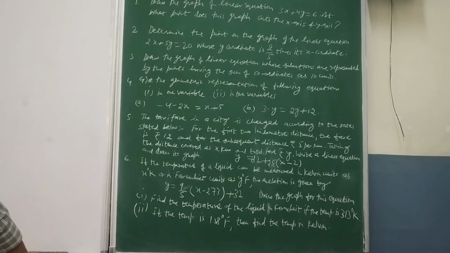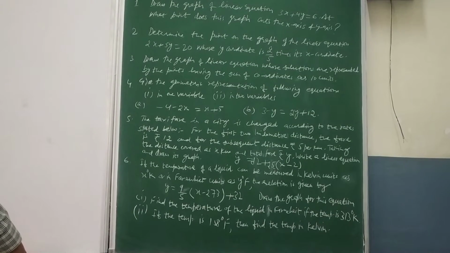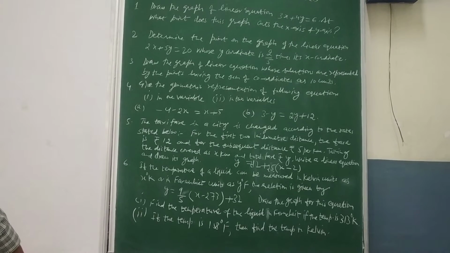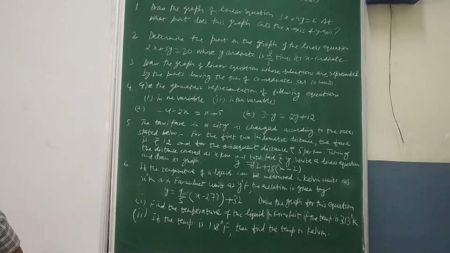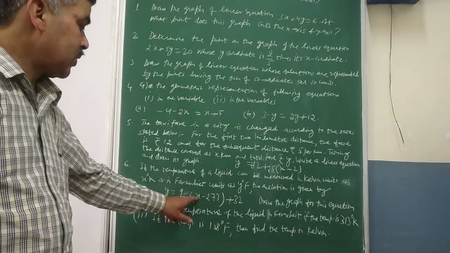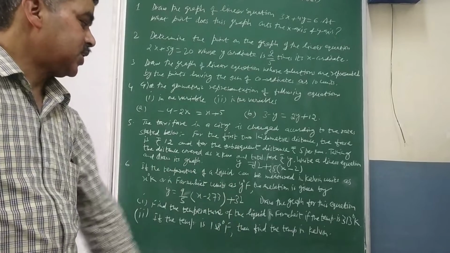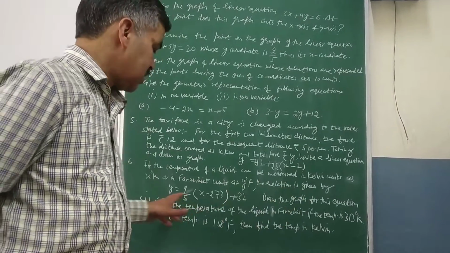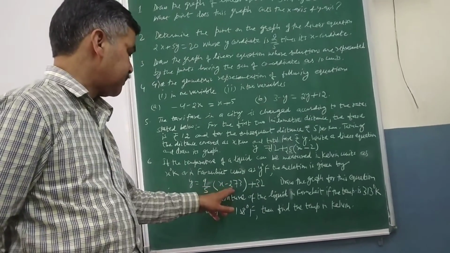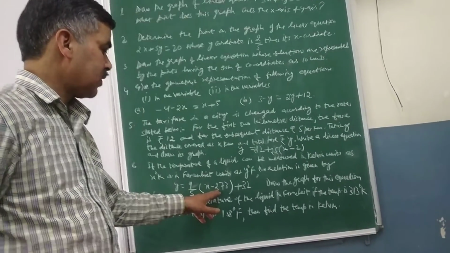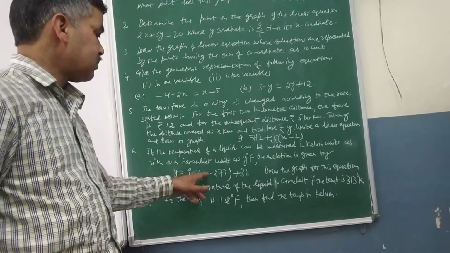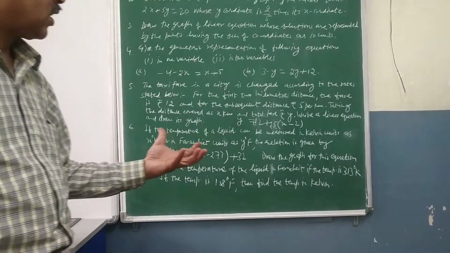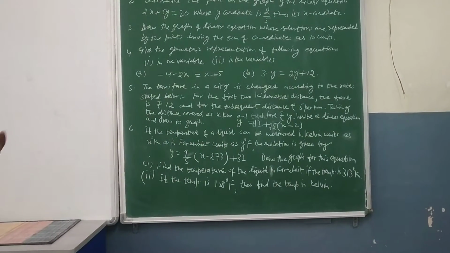Then the sixth question. Again in your textbook the question was added somewhere from the Fahrenheit and Celsius point of view, and here I have taken it as Kelvin and Fahrenheit. The scale is measured by y is equal to 9 upon 5 into (x minus 273) plus 32. So again the equation is there. First of all you need to draw the graph for this particular equation. In terms of multiples of 5 you can put the values and then add 32, so that you can easily find the two coordinates for the same.